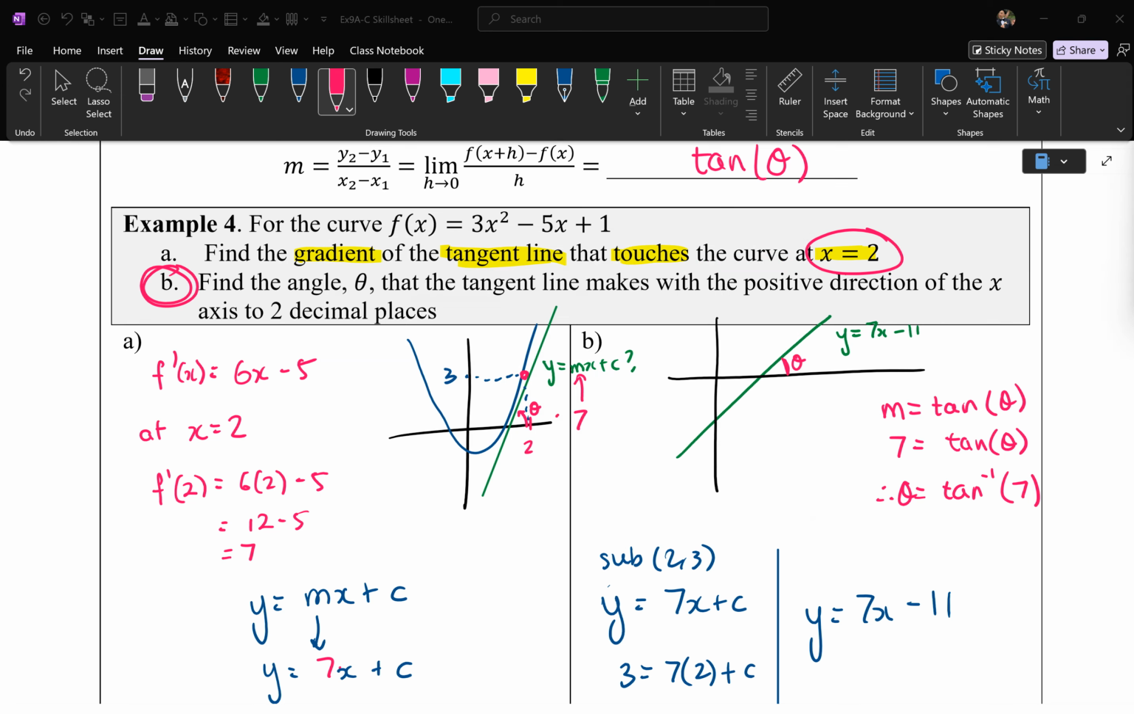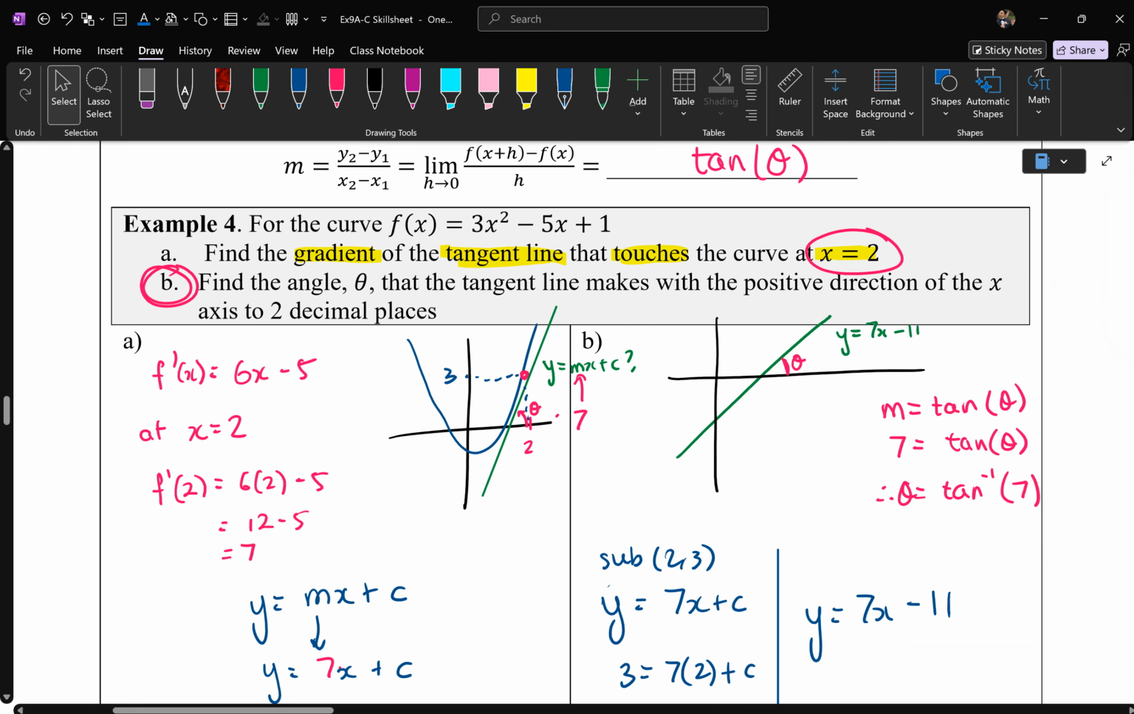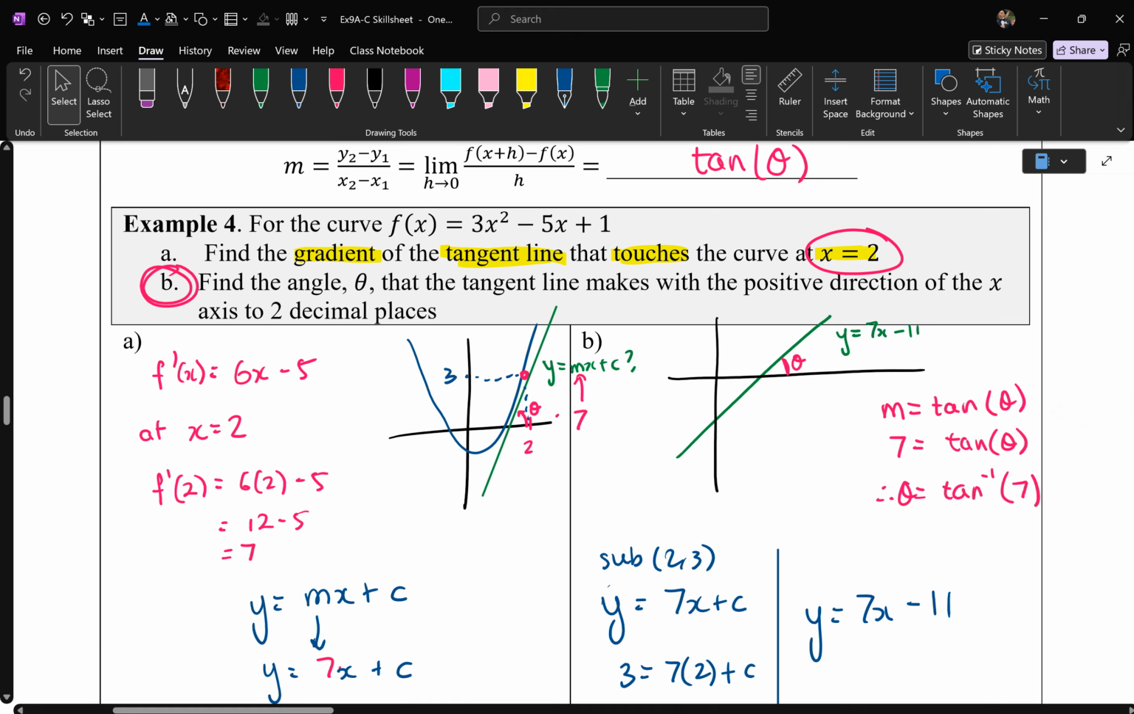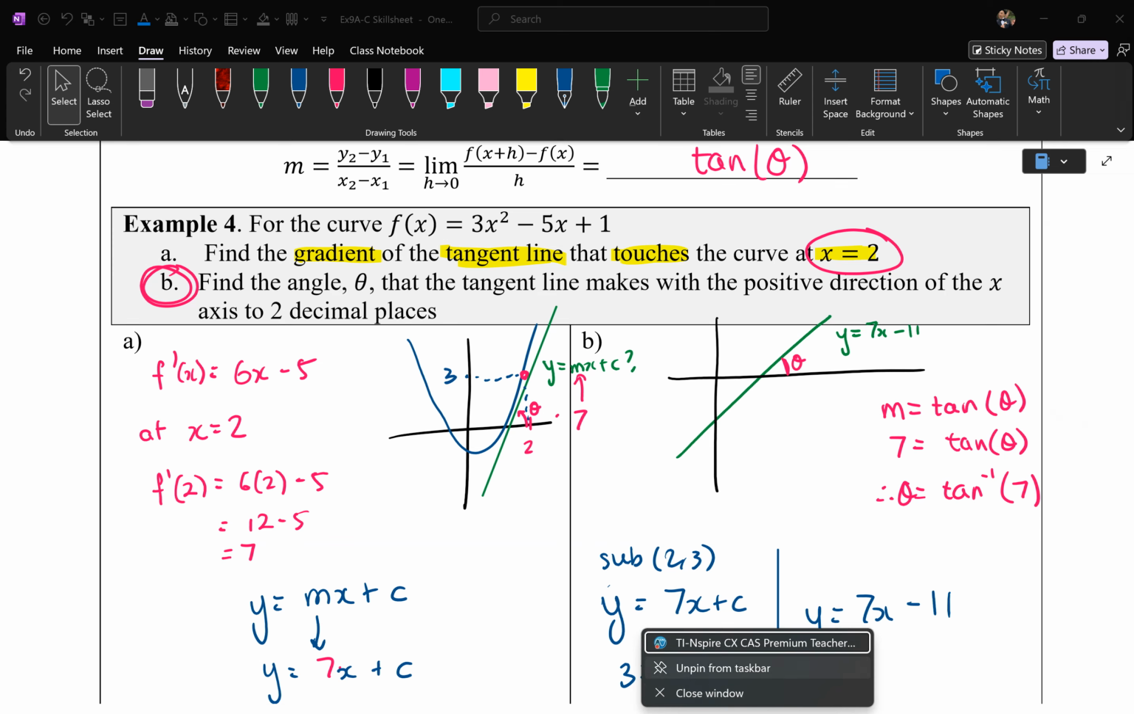Sorry, my CAS is taking a while to load. Has anyone got the answer yet? It's tan inverse of 7. Tan inverse of 7 is 81.86. Sorry, something's wrong with my computer today, so my CAS is not coming up. You got